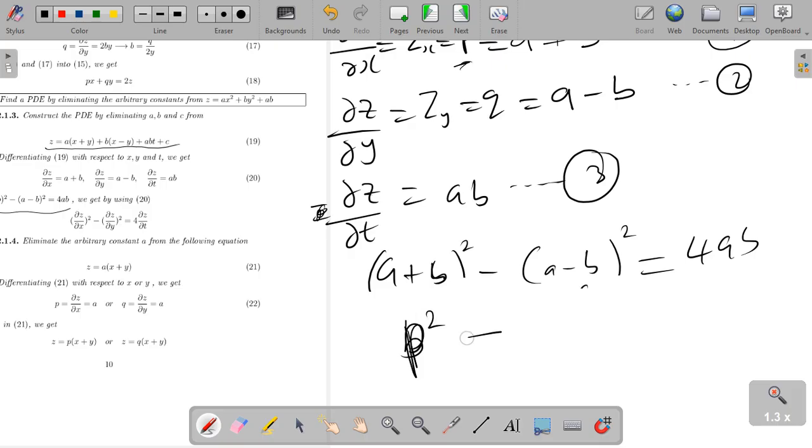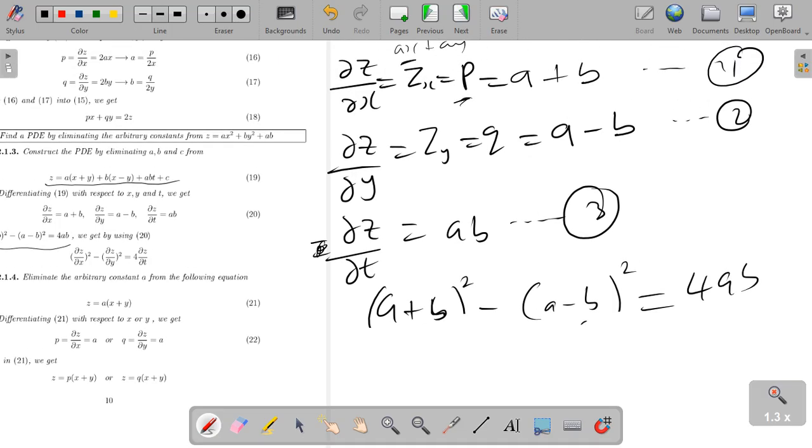or because we don't know this, instead of using that squared, we are going to be using, so this one now, you see this one is something as this thing, right? So this is partial z over partial x all squared, because a plus b is this. So even if you don't know this, just leave it. Just leave it if you don't know it. This is equal to this minus